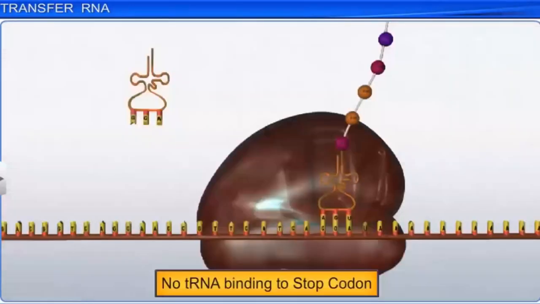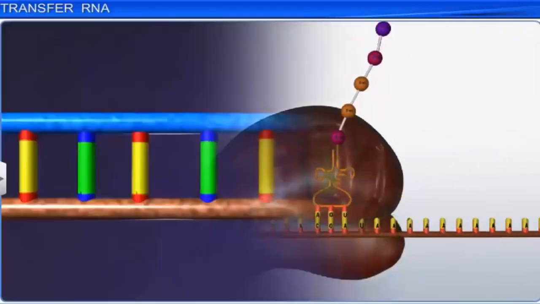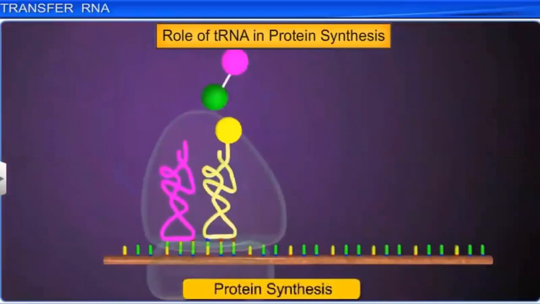The initiator tRNA, the first tRNA which will sit on the binding site and initiate the process of translation, is the one which will start the process of translation, because other than mRNA having the complete codes, to start from where it will start, the translation becomes active with this first tRNA. tRNA is thus an important molecule, and it plays a vital role in protein synthesis by bringing amino acids to the mRNA template in the cytoplasm. Adapter.